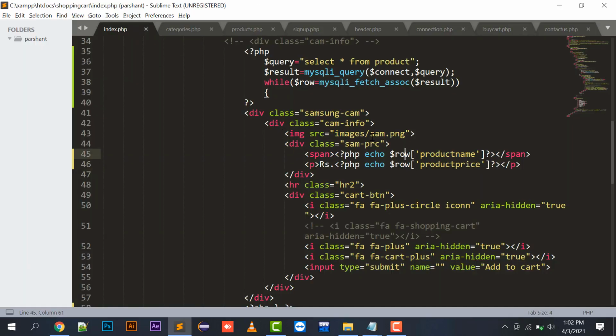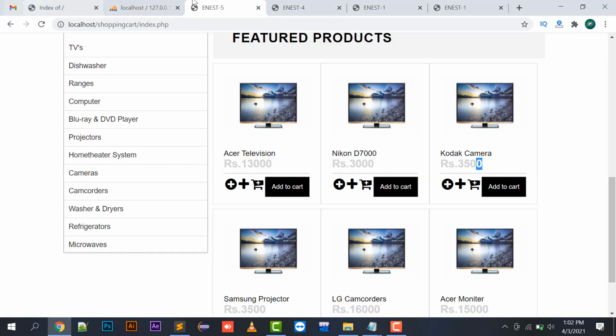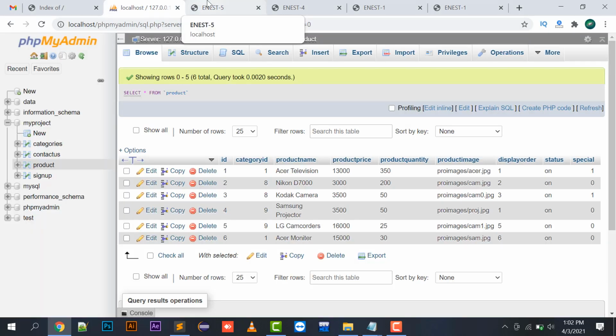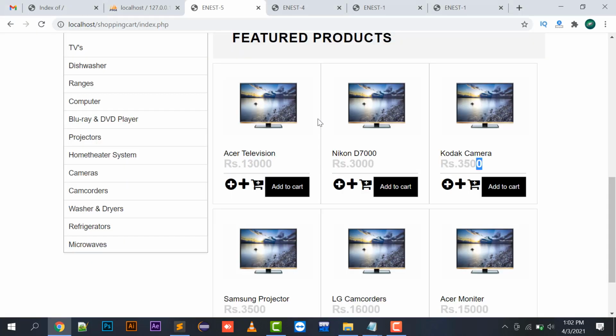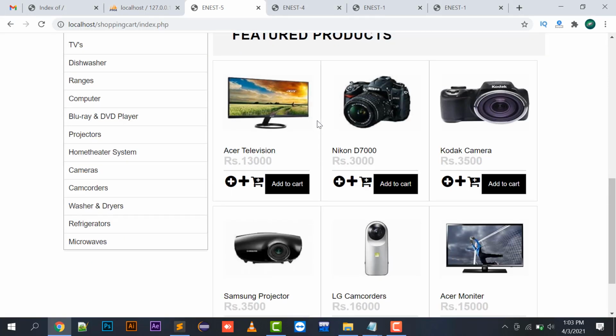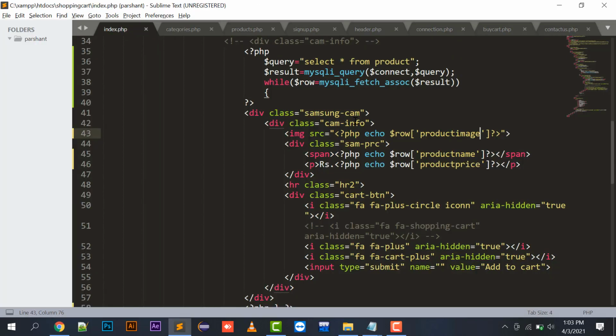And we will display a dynamic image over here, so product image, right? In this way, this is the product image because I have written the image source as echo product image.